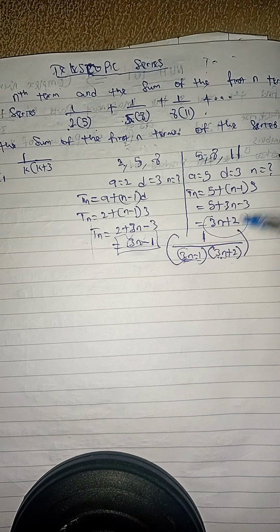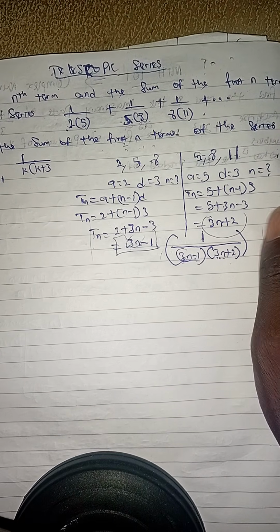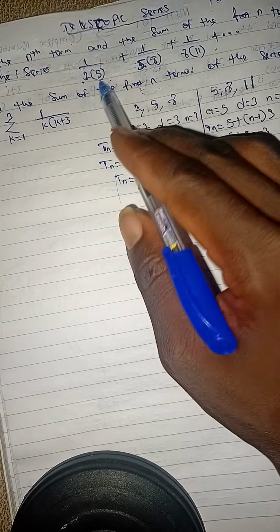So that is the nth term. Now let's find the sum of the first n terms. If you put n as 1, n as 2, it will give you this back. So if you want to sum the first n terms, you just continue adding. When n is 1, you get this; when n is 2, when n is 3, till you get to probably infinity. So you continue adding. But how are you going to do it such that you will have a definite answer?